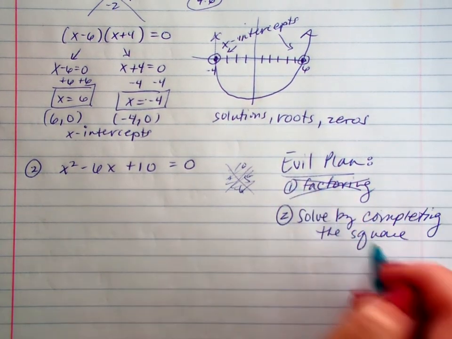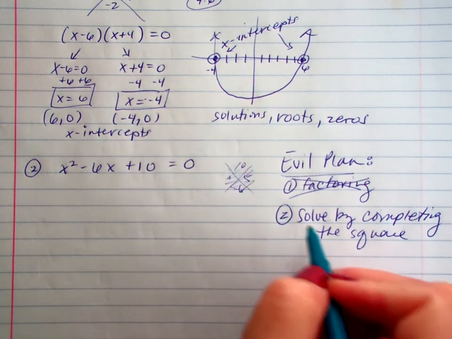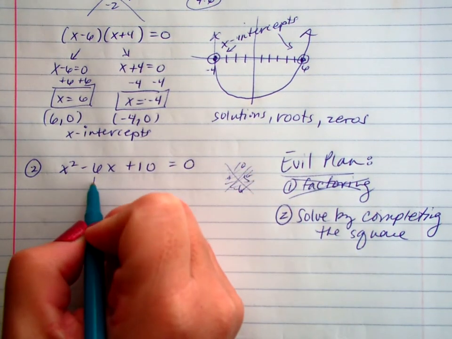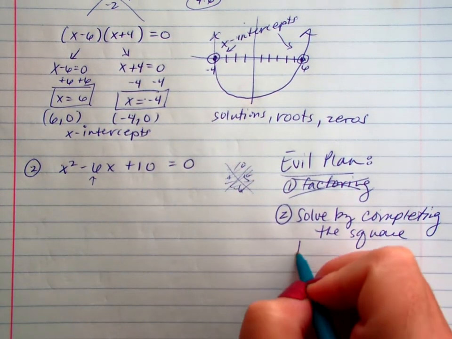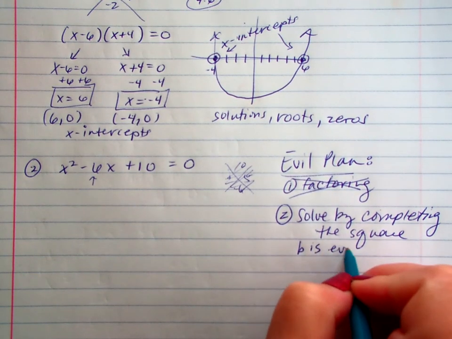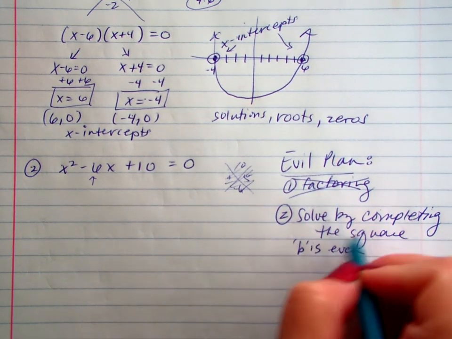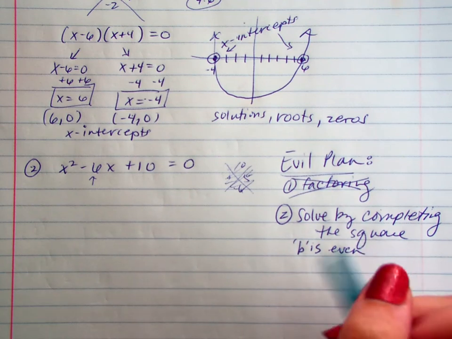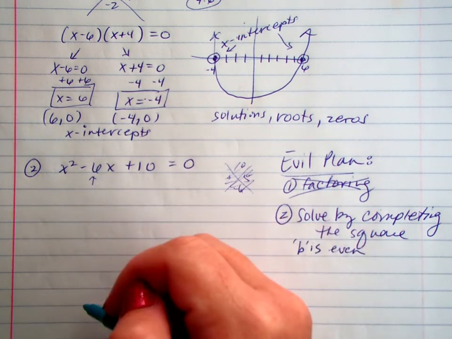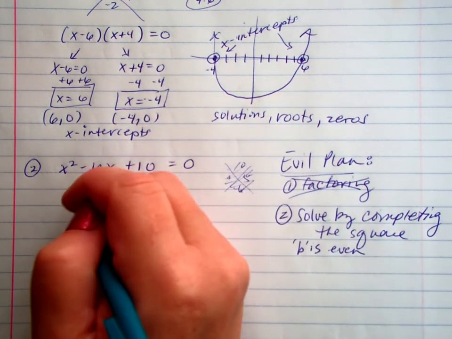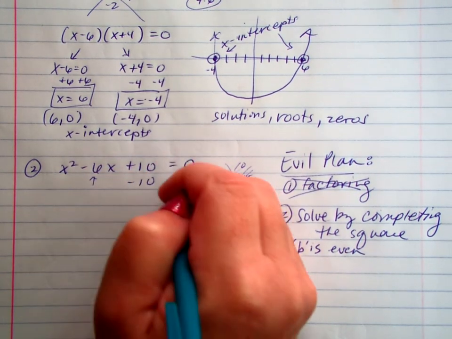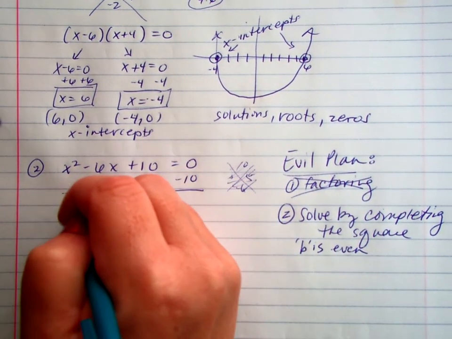Okay, let's go see if this one's set up nicely for that. In order to solve by completing the square, I want to look at my b. If b is even, then it's preferable to solve by completing the square. When b is odd, no, I'm not going to want to do that. We'll see in the next one. So in this case, we go move the constant,